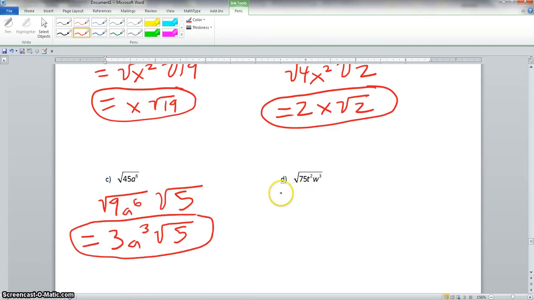Now we come here to D. Now D is where we're going to start because 75 is a larger number. We'll start using the prime factor